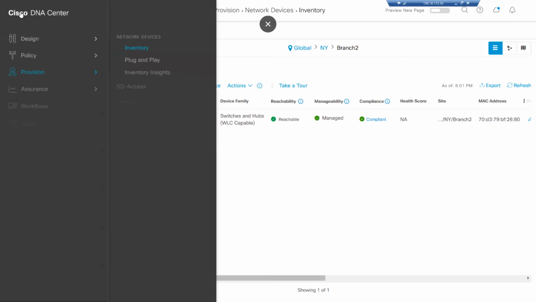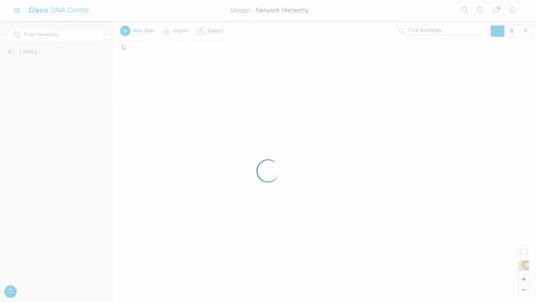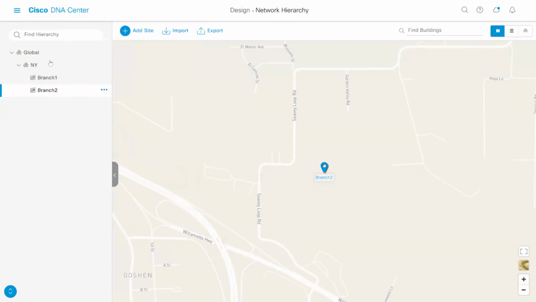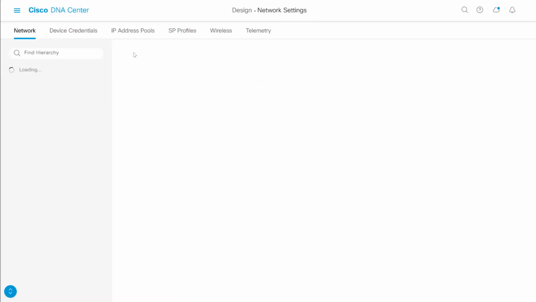Okay, so I told you earlier that design is one of the places where we do all sorts of planning. In the previous session and this session, we have done a small lab related to network hierarchy. We know what is a site, what is a building, what is a floor. Now what is next? You can see that next we have network settings. So if I go to network settings,